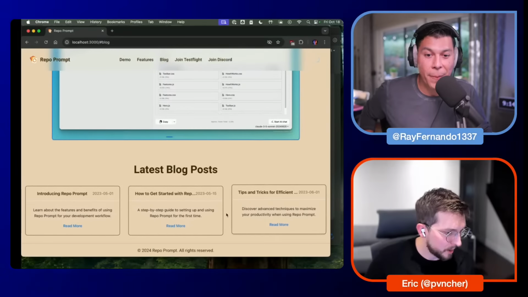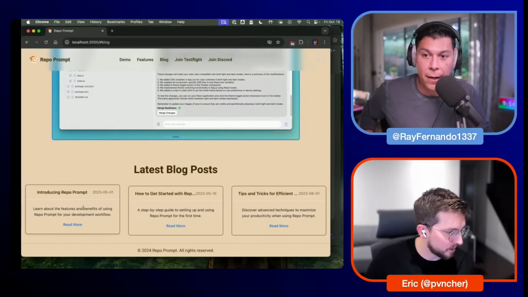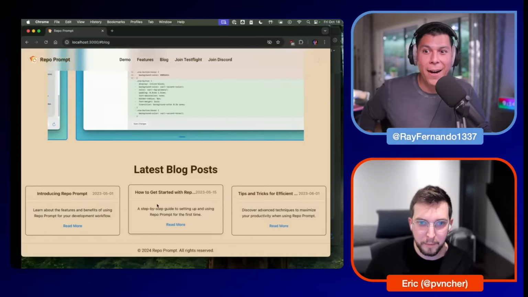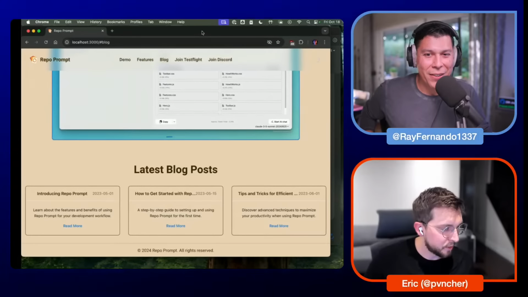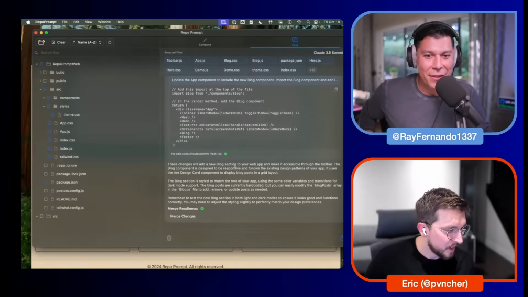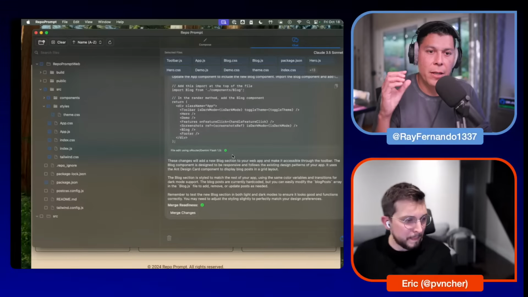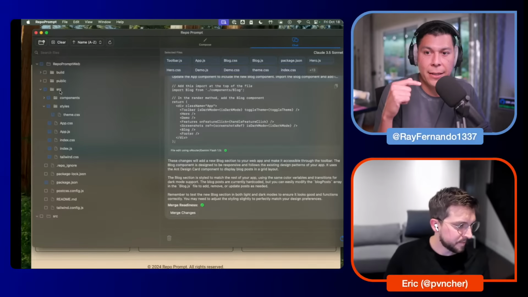So we go to the bottom here, and we got a blog that was just added with some tips and tricks, getting started. So the AI just coded that component from scratch, and we just live edited it right there. Whoa. So basically, on the left-hand side is where you actually select the repo,